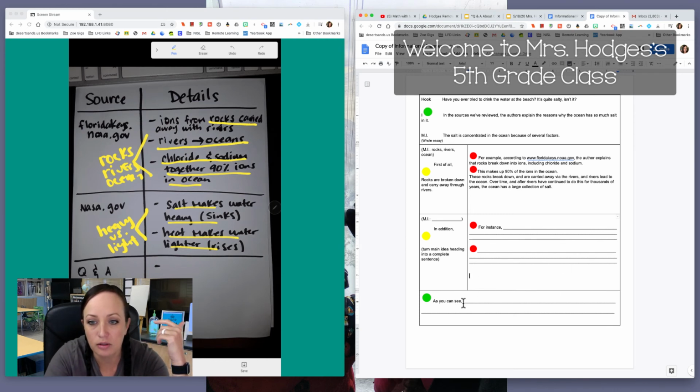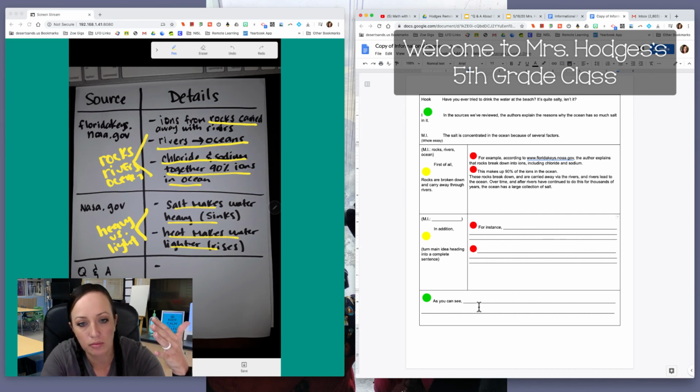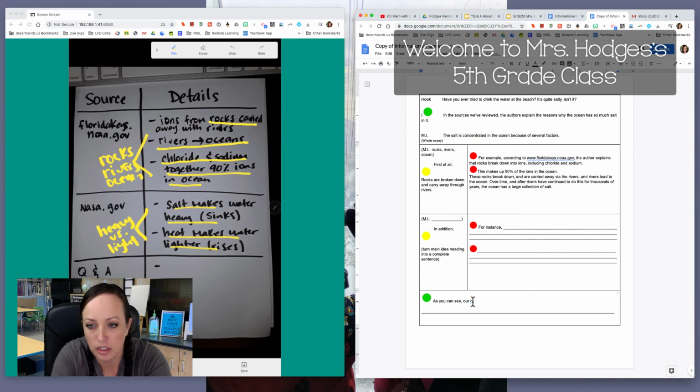All right, and then the final concluding paragraph, as you can see, this is where you're going to have the main idea restated, maybe in a slightly different way. So my main idea up at the top here, the salt is concentrated in the ocean because of several factors. As you can see, our oceans are salty because of, I'm going to even use the word erosion. Erosion and the